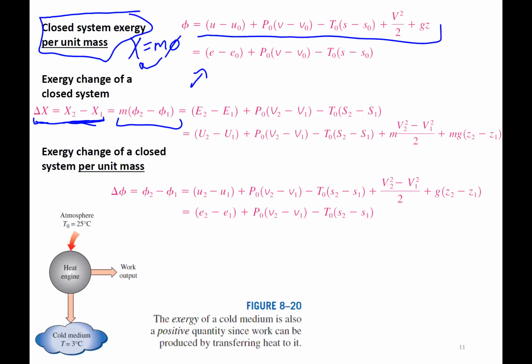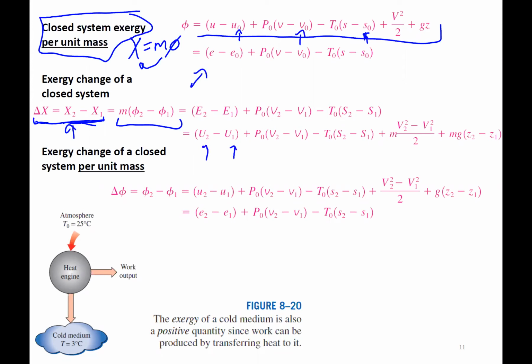If you solve for the exergy at state 1 and the exergy at state 2, and then subtracted them, you'd have to get all these dead state values for the properties. Well, when you take x2 minus x1 and put it together, those things cancel, and you just have